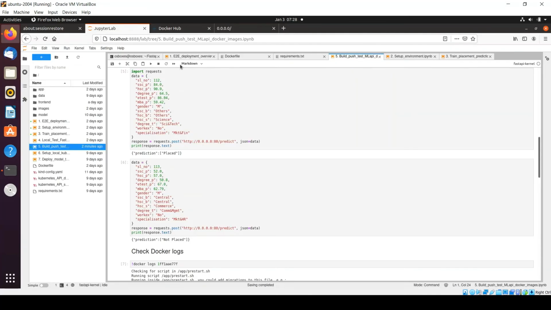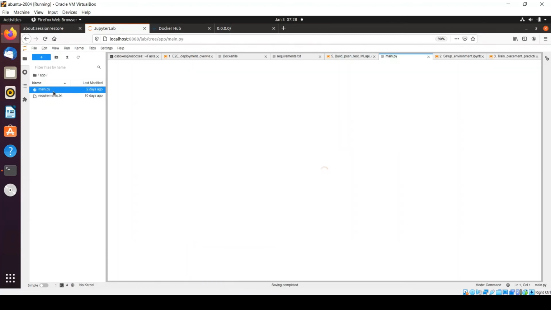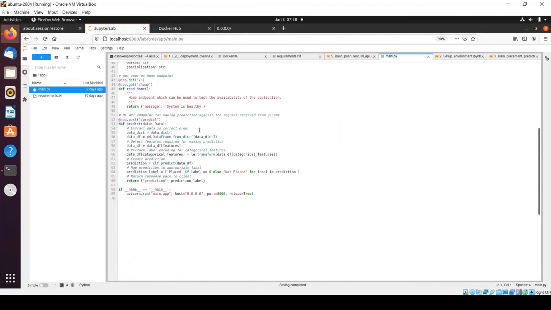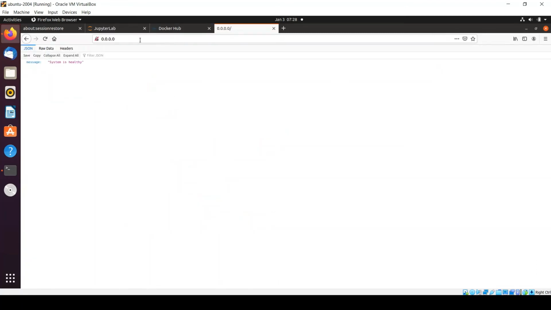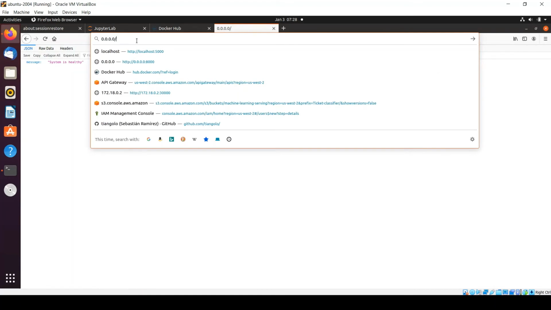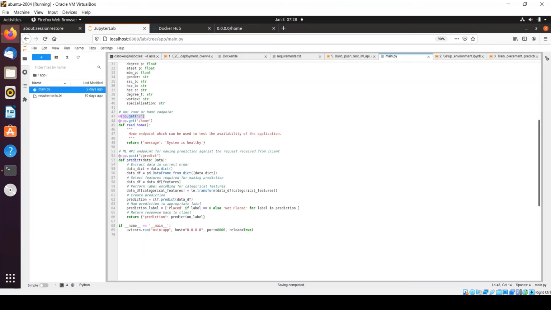That is coming out from my app. You can see the app, I will just show you. It's coming from the system is healthy. It's hitting the root endpoint, and if I also give /home, it will hit the same endpoint.